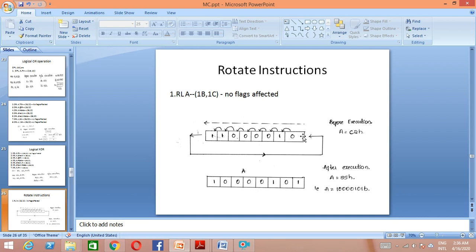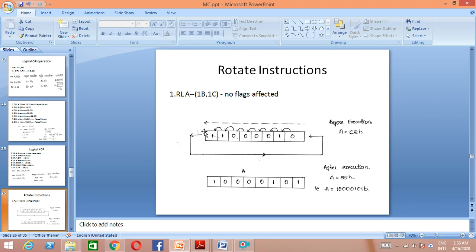So you can see here, if suppose the accumulator content is C2H, so this is 1100 is C and 0010 is 2. So how is it going to work? Rotate left. So you can see the bits are getting jumped to their left position, right? Then this bit is going to come to this location, right? So if you rotate it once, what will be the result? 1 0 0 0 0 1 0, and at last it will come with the 1, which is from here, right? So the same result you can see, 1 0 0 0 0 1 0, and last bit is 1.